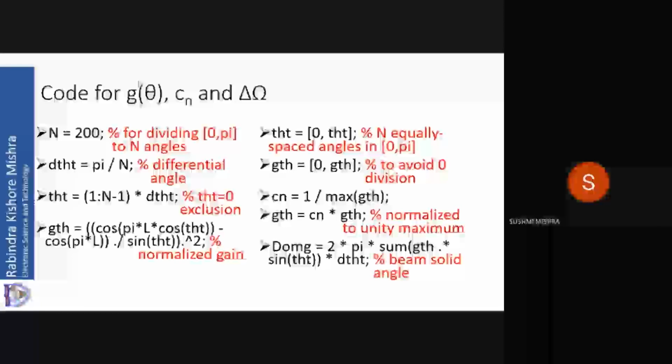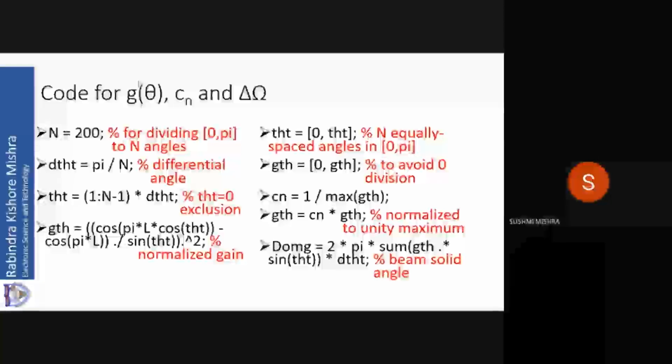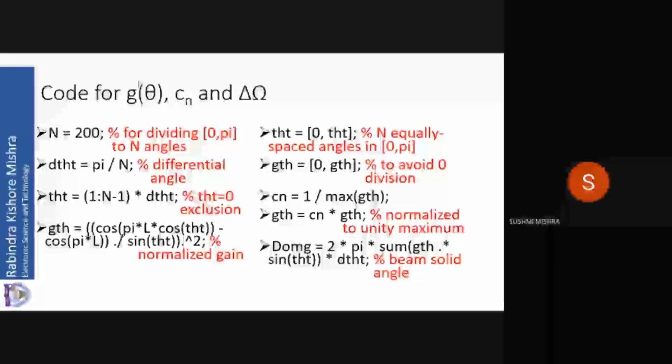Now GTST we have calculated. What we will do is we will consider that it is 0 when theta is equal to 0. That also you can put limit for theta and find out that this is 0 when theta is equal to 0. So GTST is equal to 0 comma GTST, that within square bracket, which means we are forming a column matrix in which for theta is equal to 0, GTST is equal to 0 is taken. So GTST is now calculated for all values of theta in the region 0 to pi.